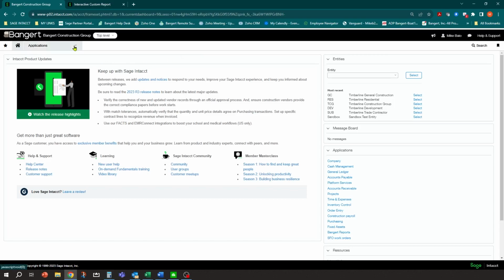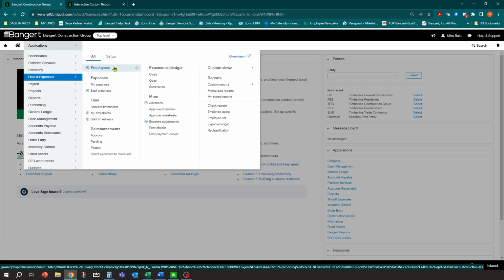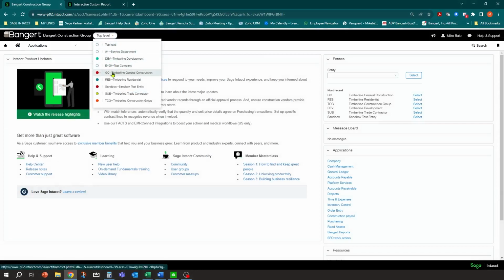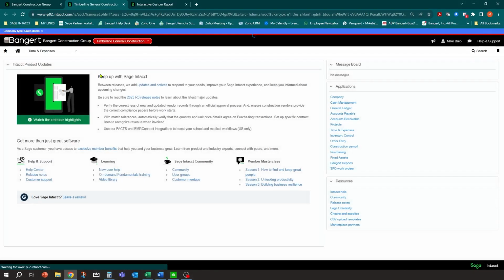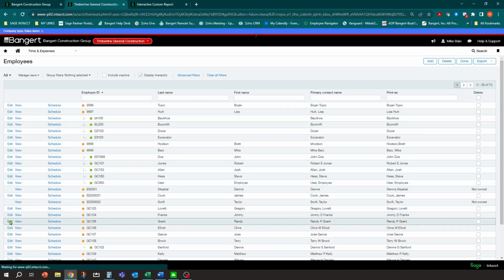So back in the setup of payroll, if you recall, there's a couple places where your employee information is going to reside. So the first place you want to look is in the time and expense employees. In there is where you're going to make sure you have your latest address information for your employees. If I click on that, you do want to make sure you're at the proper entity level. If you have multiple companies or multiple entities, make sure you're in that entity level to get your proper employee list. So for example, if I go into time and expense, employees, let's pull up Randy here for a sec.